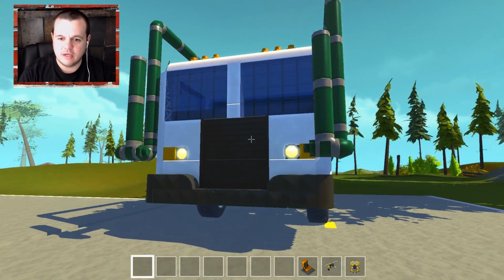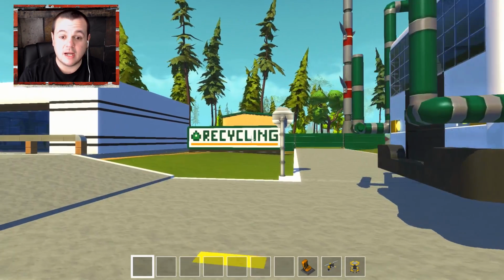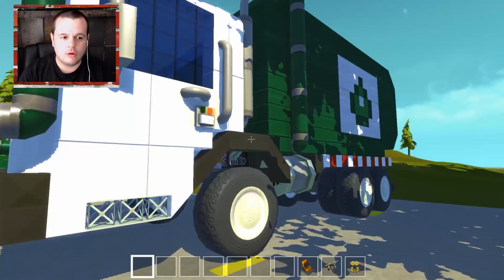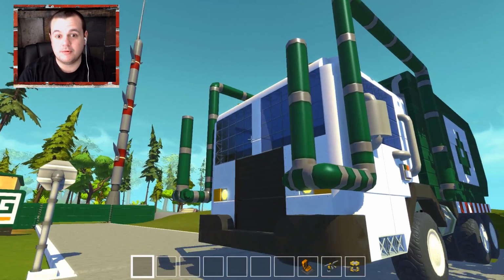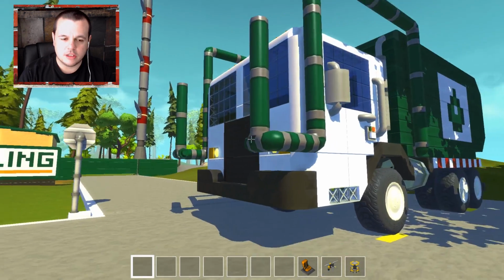So anyways, here is our new garbage truck. I've got a little custom emblem here, and I've got it on the recycling center you can see in the background here. That is actually really cool. This garbage truck fully works. It can pick up dumpsters with the arms. I'm pretty sure there's an actual name for these arms up here. These come down. You can slide them into the...